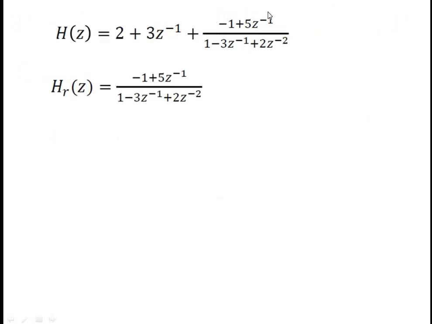Now we are going to apply partial fractions to this fraction. Here we consider the quotient as a constant term, so we remove the quotient from the answer of the long division. For the third term in H of z, we apply partial fractions. Now we check the power of z: in the denominator we have a higher power than in the numerator, so we can proceed with the partial fraction method.